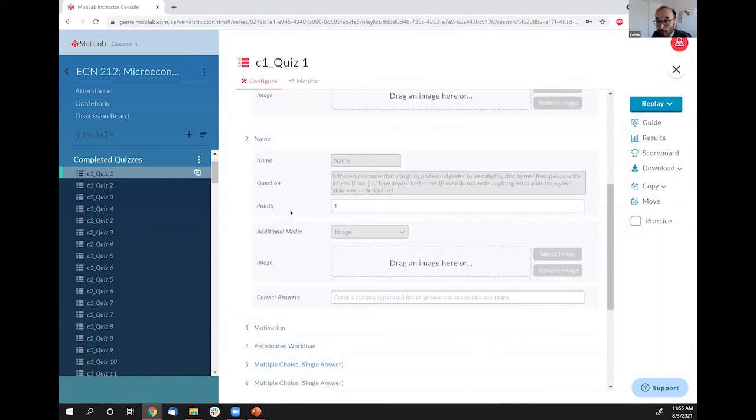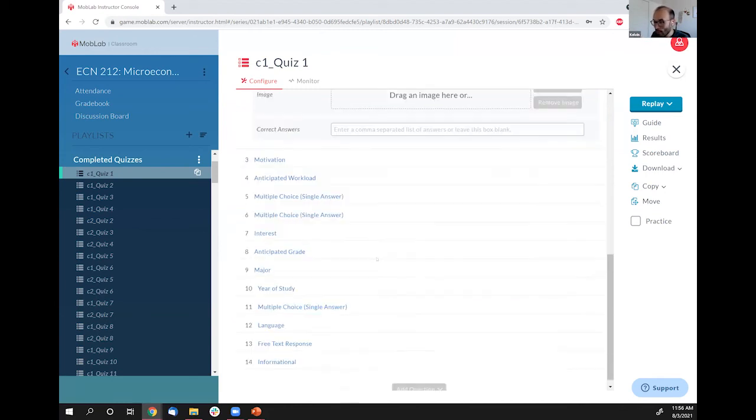Like, do you have a nickname that you prefer going by? I love asking them this question because some students don't go by their roster name, and there's nothing less personal than a professor emailing you by the name that you never use, right? You can download these results from an Excel file. After the first day of class I download it, and every time I get an email, I cross-check and see what the student goes by. It seems like a small thing, but it makes a huge difference when you can call someone by the name that they want to be called by versus whatever name is on their roster.